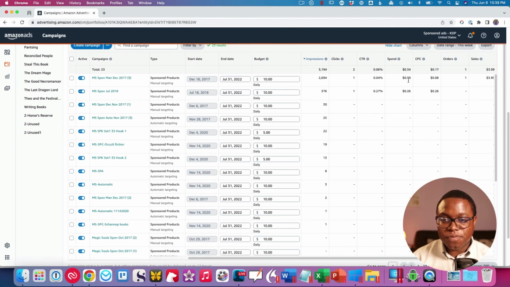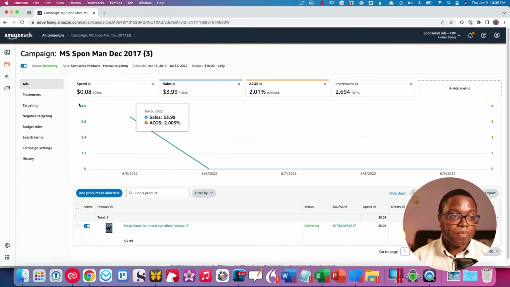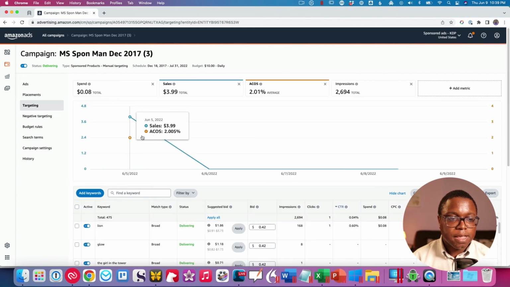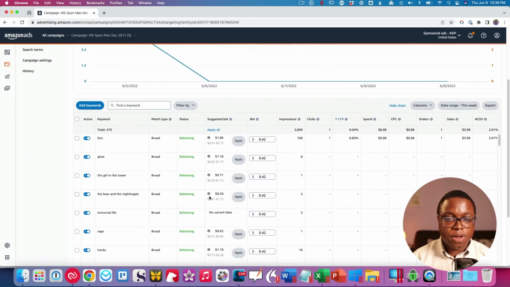So what is the difference between these two? I would want to know that because it's a big difference. First, I like to look at what's going right. So let's take a look at this one right here. If you click on the name of the ad and then go into the ad, depending on the type of ad, this I think was a keyword ad, I can go in here and figure out what's going on. If I go to this targeting button, and this will look different depending on the type of ad that you have, and I go down here,